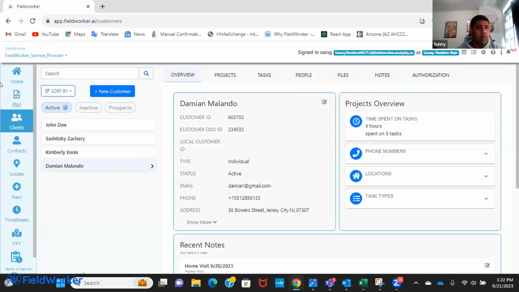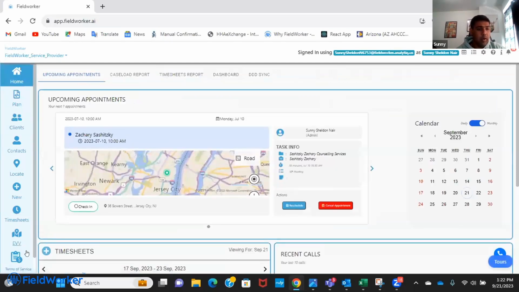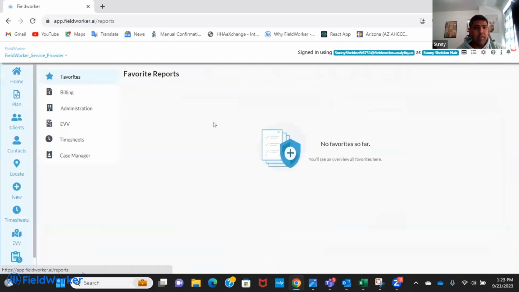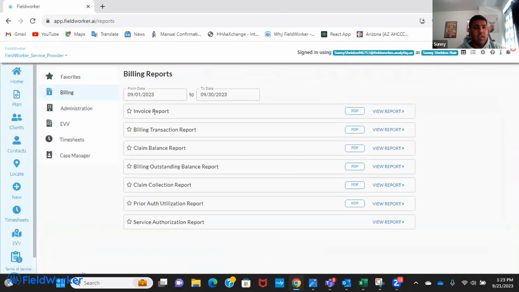Coming in to the reporting. So we have extensive reporting and always work with custom reports on the system. So if there are custom reports that you would need, that is available, but we also have extensive reporting present here. Coming to the billing part of it, we have the invoice report, which can be based on the service. So you can have a service period mentioned here, and based on that, this information is updated.